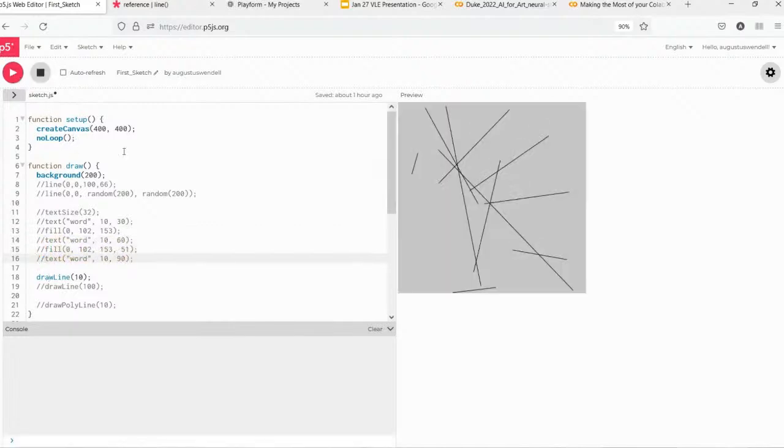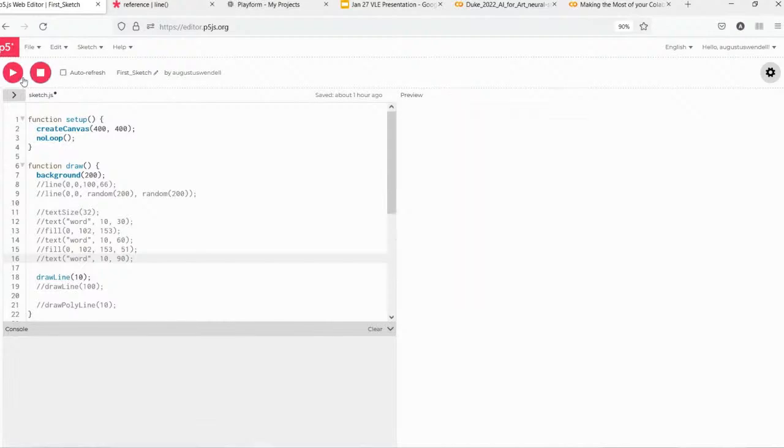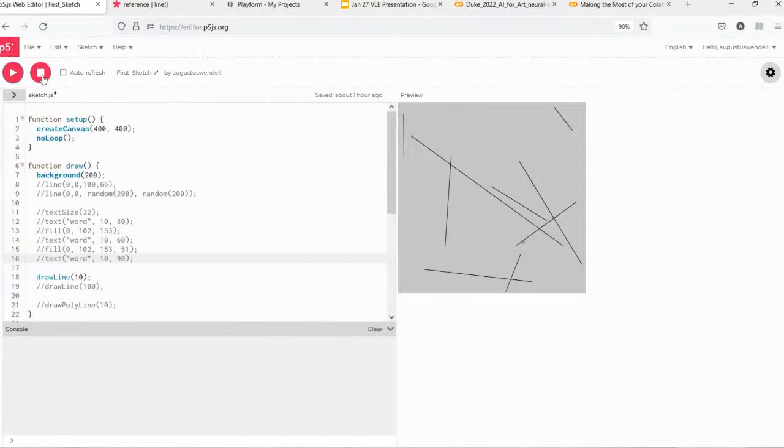So let's see what happens. That is one instance of my 10 random lines. And if I play again, it's another. And if I play again, it's another. And this reminds me of something that Nick and I expressed in our last learning experience, which was trying things out and looking and seeing what happens and judging based on what you're getting, that you don't always know what you want to end up with,